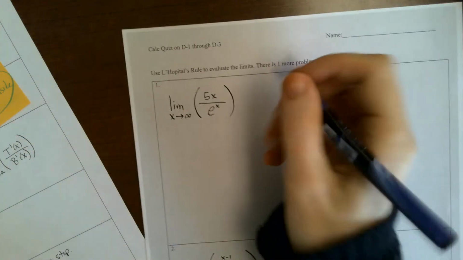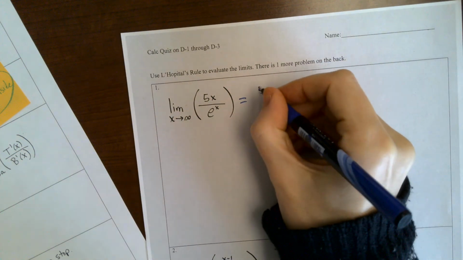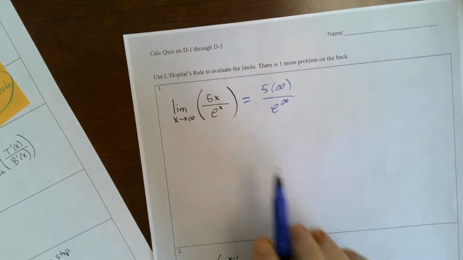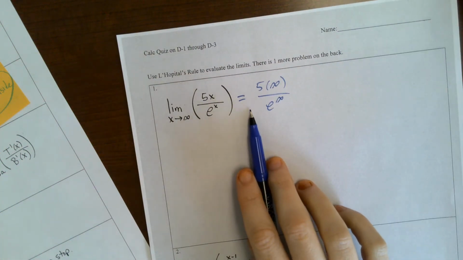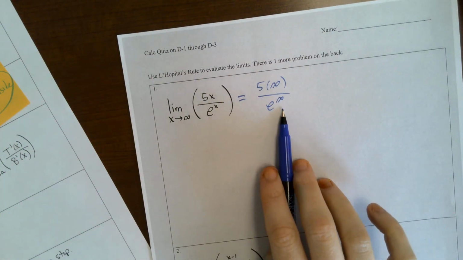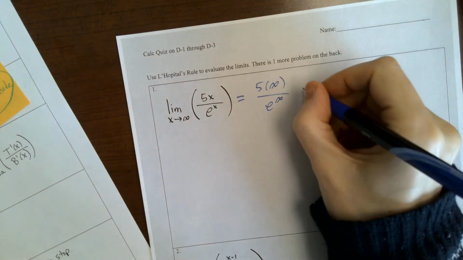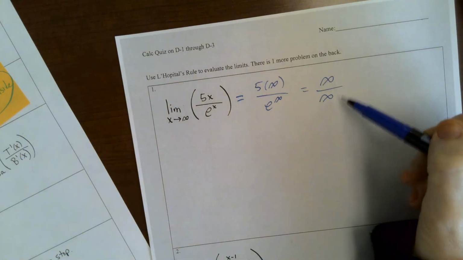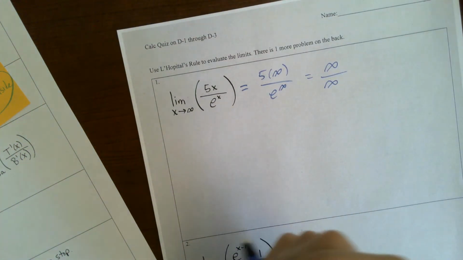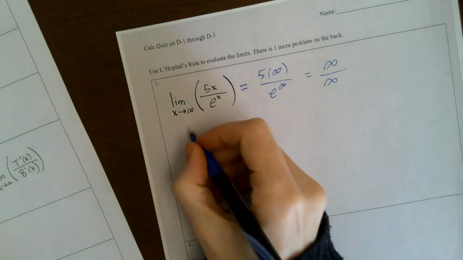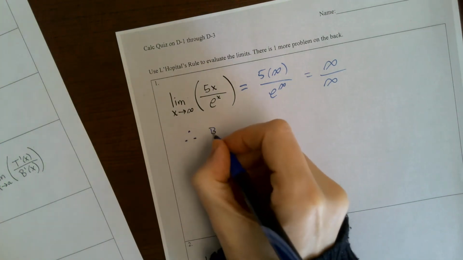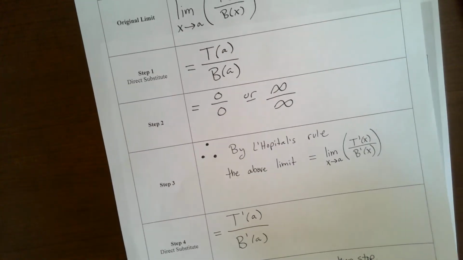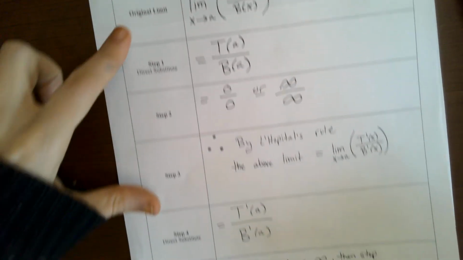So the first step is to direct substitute. So equals 5 times infinity, e to the infinity. Notice I have no limit outside because there's no x's inside. And then 5 times infinity is infinity, e to the infinity is infinity. This is one of the forms that you want to look for. So I say therefore, by L'Hopital's rule,